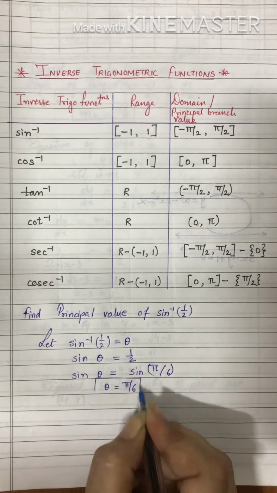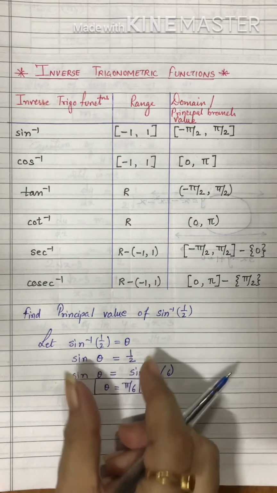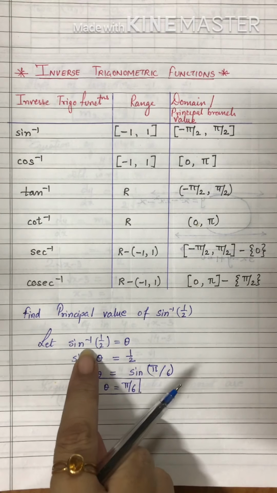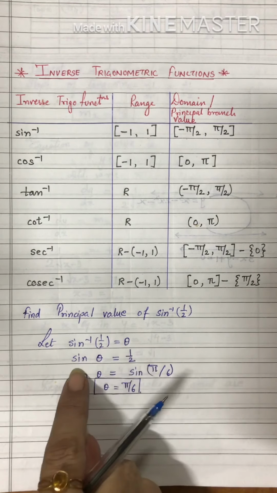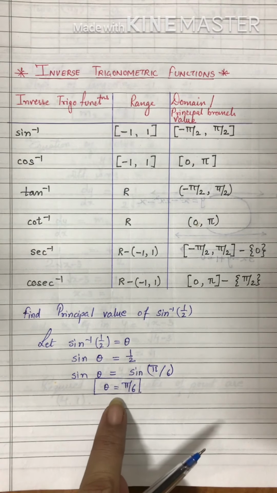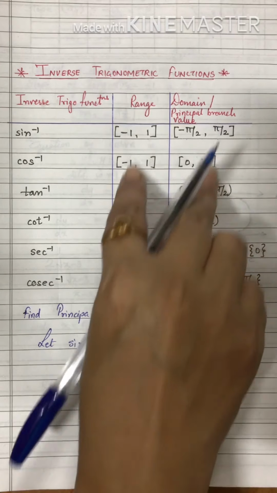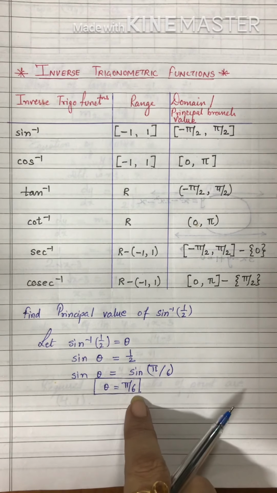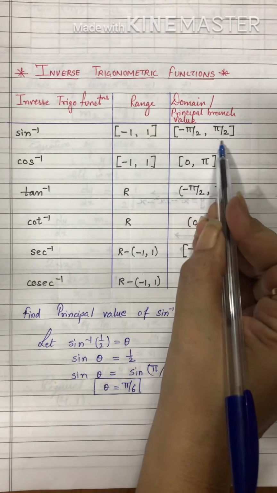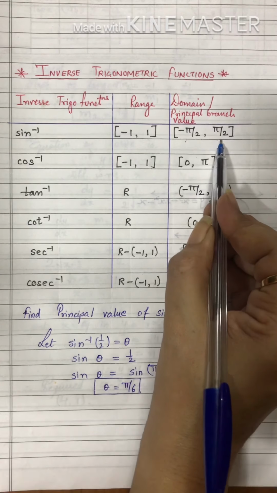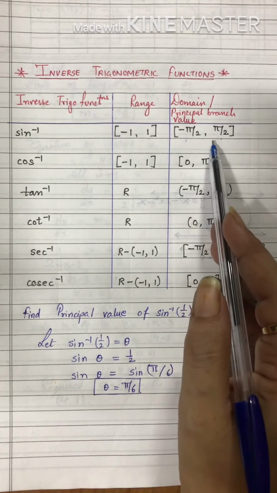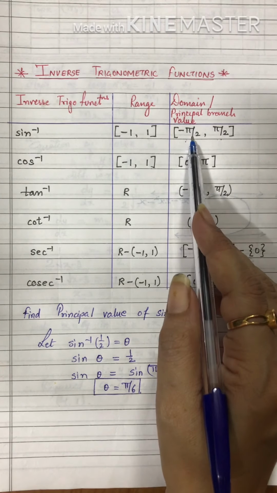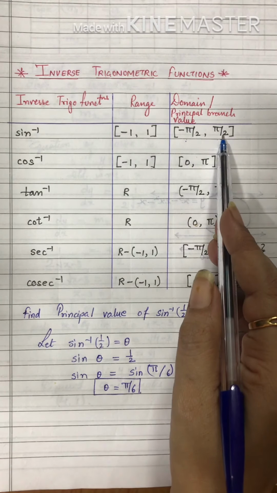Now here, same way we used to solve for finding principal solution. The trick is same, only thing is the inverse function you take to the other side and then the sum is same. Now whatever value we get for theta, you have to compare it with the domains given. Like here we got theta is equal to pi by 6. So you have to see that it lies in the given domain, minus pi by 2 and pi by 2. It is lying, yes, pi by 6 is 30 degree. 30 degree lies between minus 90 and 90.